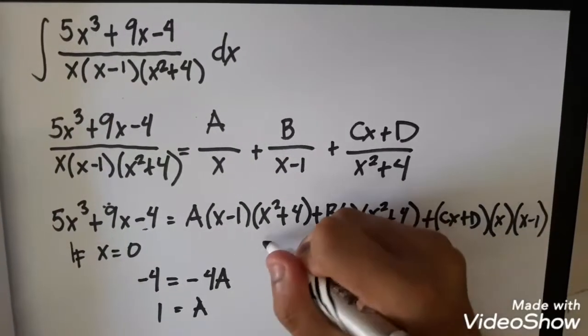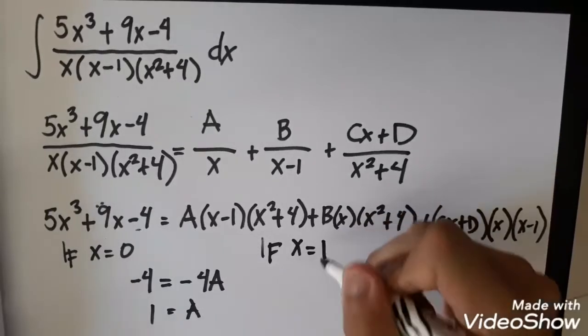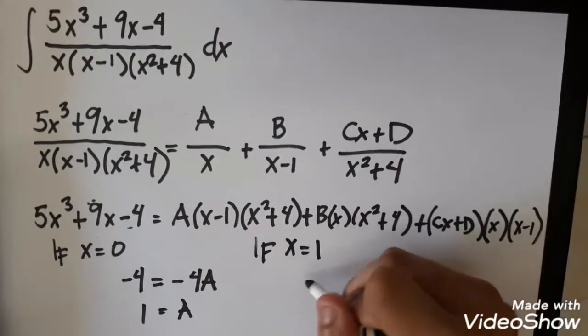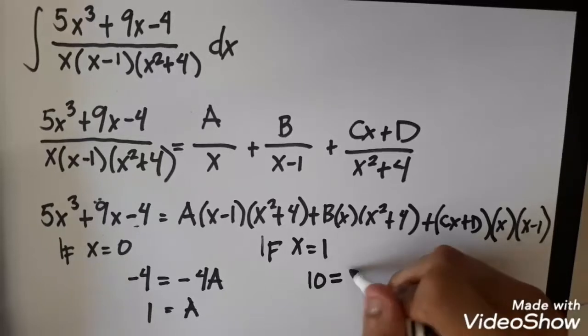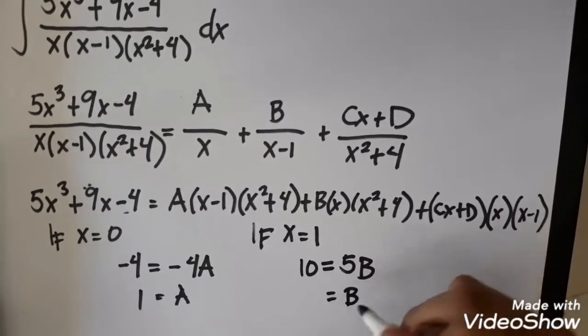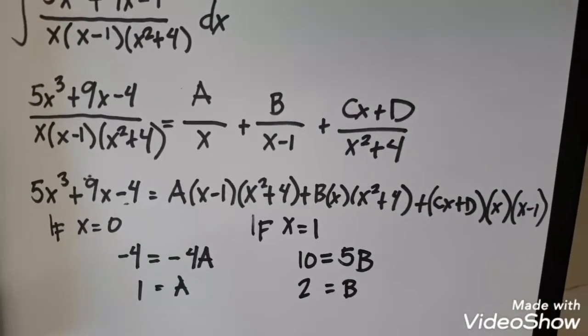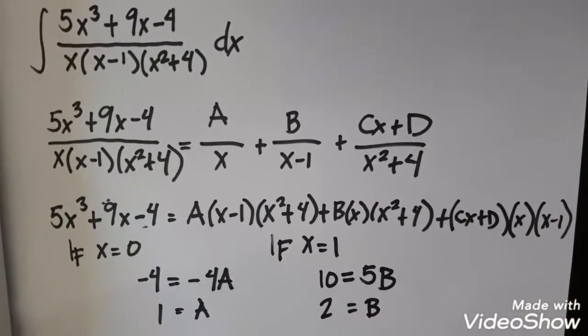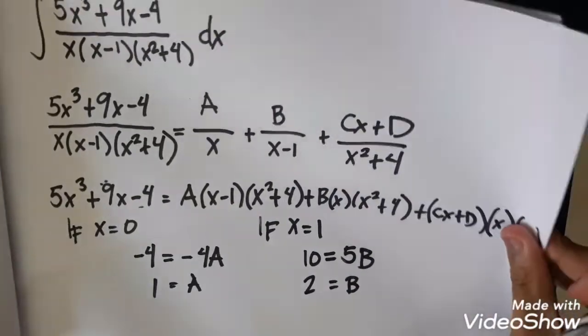Next, if x equals 1, this results in 10 minus something equals 5b, then b is equal to 2. You can solve for all the unknowns by plugging in the roots of the linear factors, so you have more work to do. Next step,